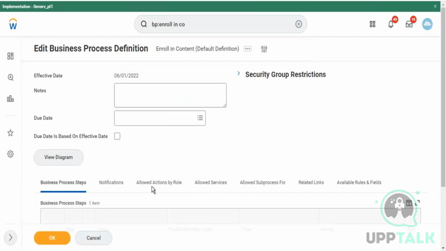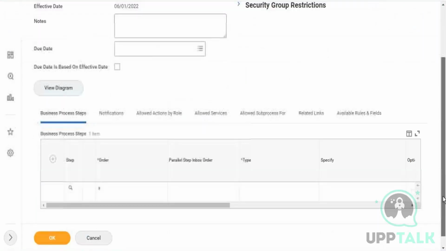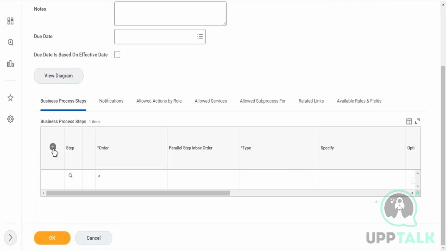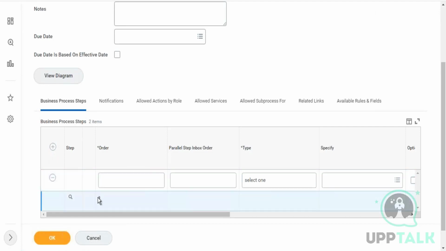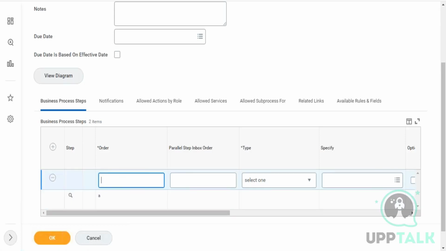So effective date means this business process will take effect now. Yes. So now you'll be adding by default any business process you take in Workday. By default, step A will be automatically added with initiation. So it will just get initiated when the process is triggered. Now we're adding step B,